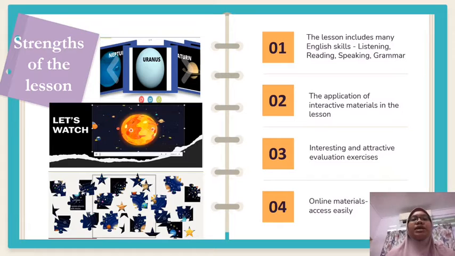Especially in this COVID pandemic, when the teacher gives the PowerPoint slides, the link of the quiz, the link of the video, the students can access the materials anytime they prefer. It is not just limited to school hours, because we understand that sometimes the parents are working during school hours, so it will help the student to catch the lesson, and it will not make them isolated or left behind.